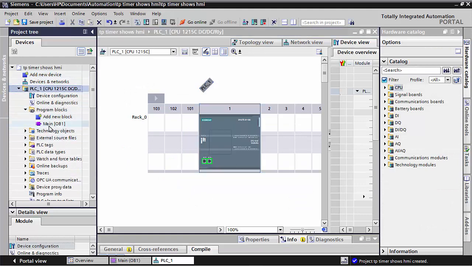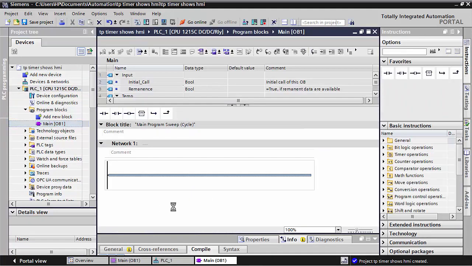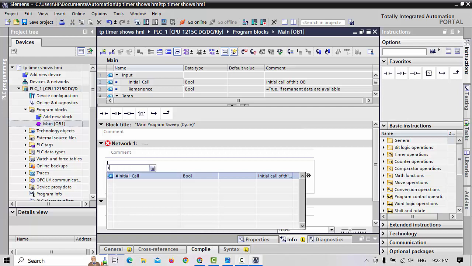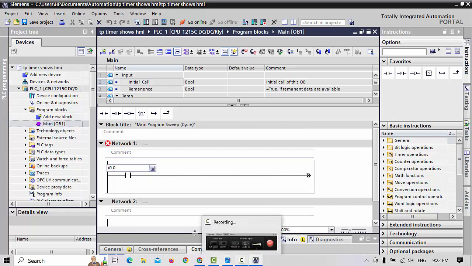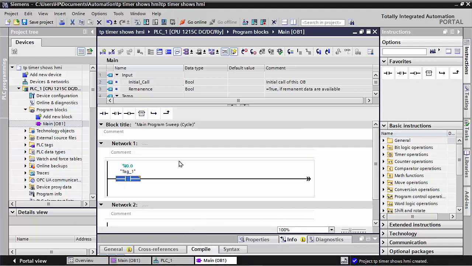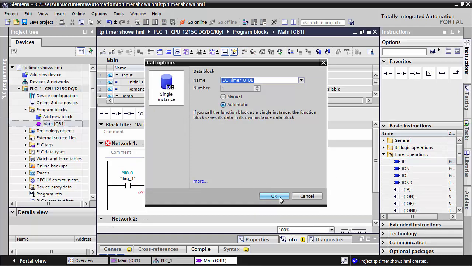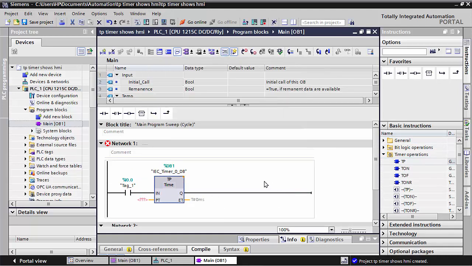Now we go to the main OB, because later we will execute any timer or program here. We need some bit, I take I0.0, and here I use my timer. Go to the timer operations, and this is my TP timer, and here I put 1. I use my output Q0.0,